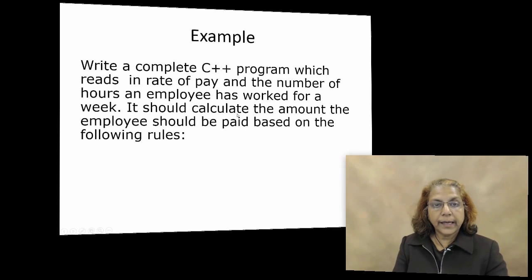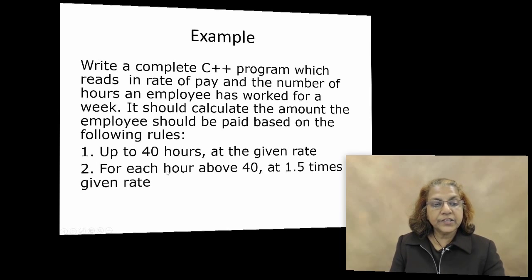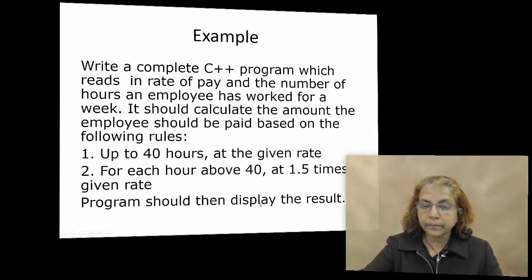It should calculate the amount the employee should be paid based on the following rules. Up to 40 hours at the given rate. But for each hour above 40, we should pay 1.5 times the given rate, and then the program should display the result. So let's go to our C++,